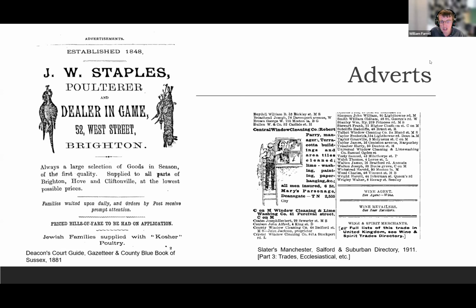If people think it's important to mention it in an advert, it must signify some kind of importance for the business. The one on the right doesn't have a Jewish connection, but it's a nice example of the very small illustrated adverts you get. People could pay to have these within the listings if they wanted to. Again, I think this is under-researched, but from what I understand, these drawings and designs were either commissioned or submitted by the business and were not done by Kellys or Pigotts. So they're quite quirky and individualized and different from each other.